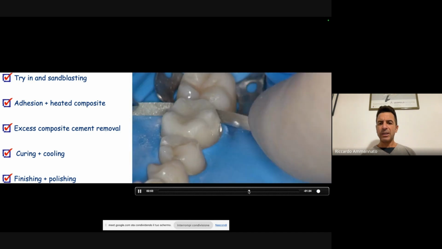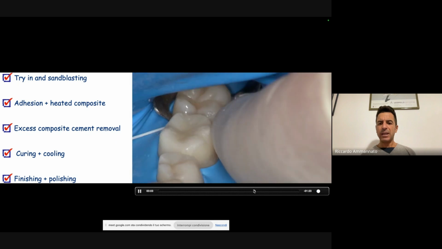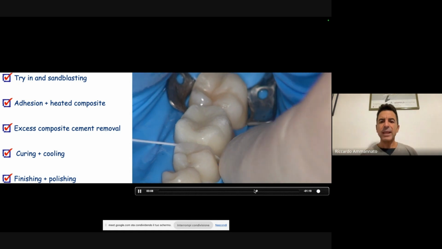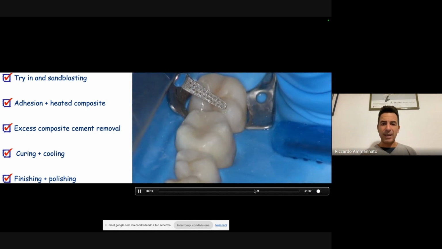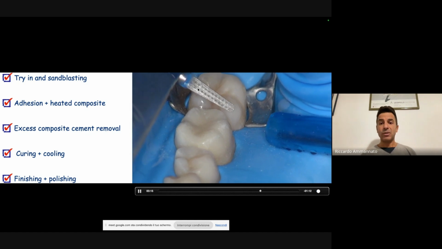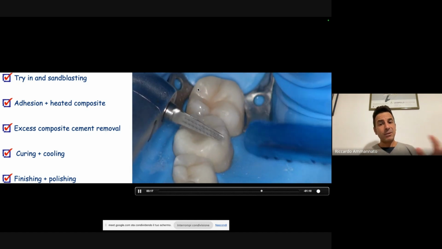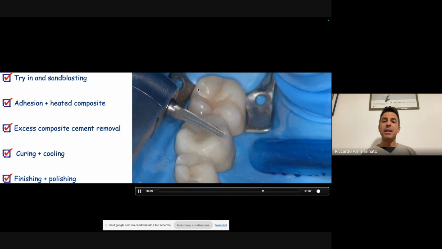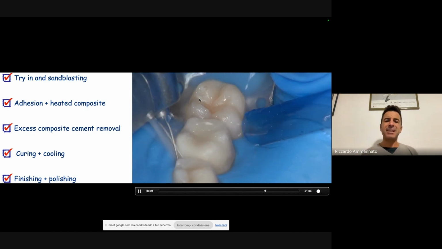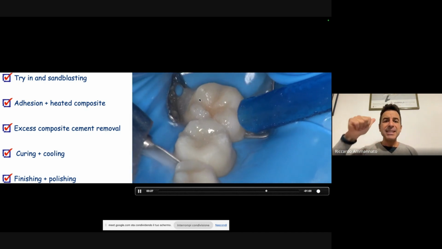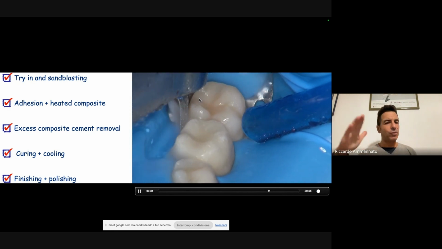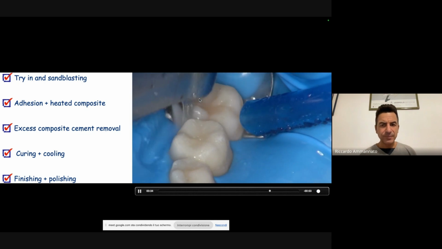Let's see if I can go a little bit forward. That is the floss that I'm checking, if it's going smoothly in the interproximal, I don't want to have any excess. This is the reciprocal handpiece that I use a lot when I do this kind of restorative, direct and indirect finishing. It has a working side and a non-working side, and it flips 360 degrees around, so it's easy, fast, and safe to do the finishing, whether we're doing direct or indirect.